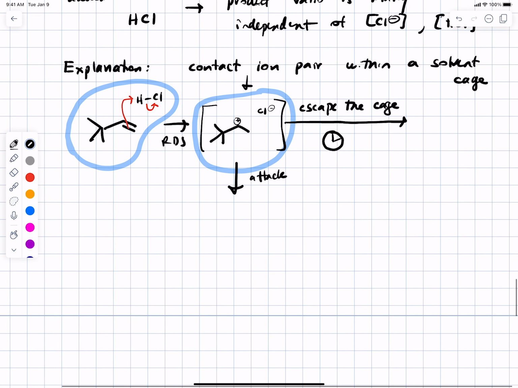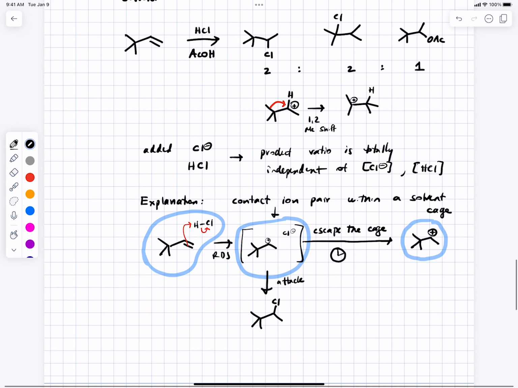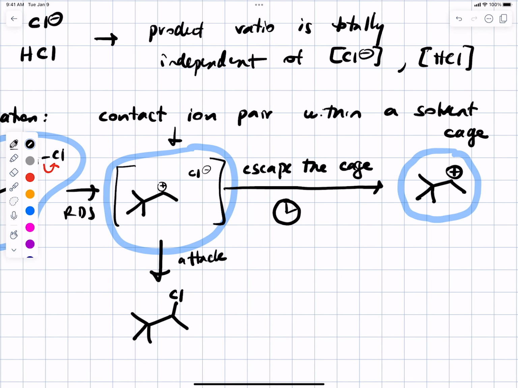Okay, if you escape the cage, then you end up with chloro far away, and now your carbocation is solvated and surrounded by solvent molecules. If you go directly back in and attack, that gives you this. Okay? So what that tells you, the fact that the product ratio here is totally independent of added chloride, tells you that